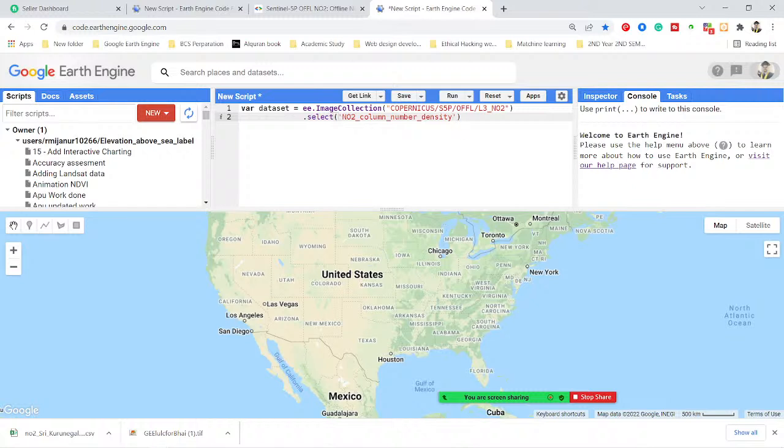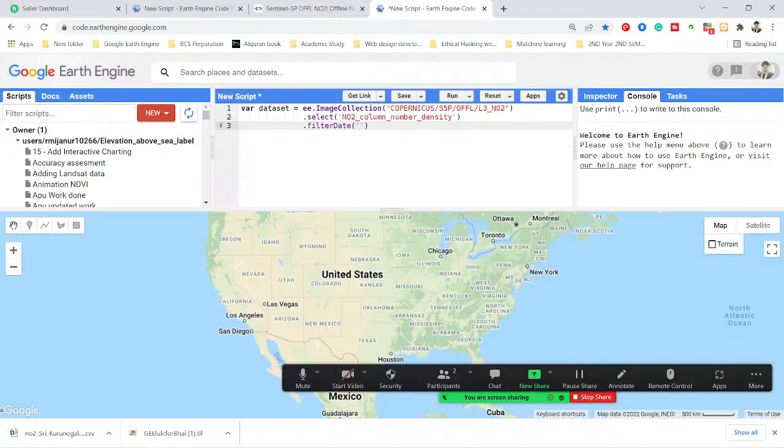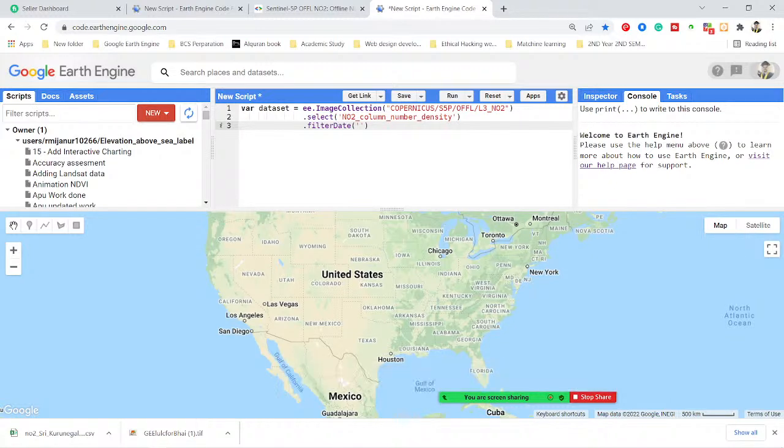Okay, so suppose I want to observe this air quality monitoring. For this you need to filter your specific date. So I simply use the filter here, and then paste my specific date. Suppose I want to filter this time period: the year 2020, 1st January. And then I also want to enter the end date, which will be 2020